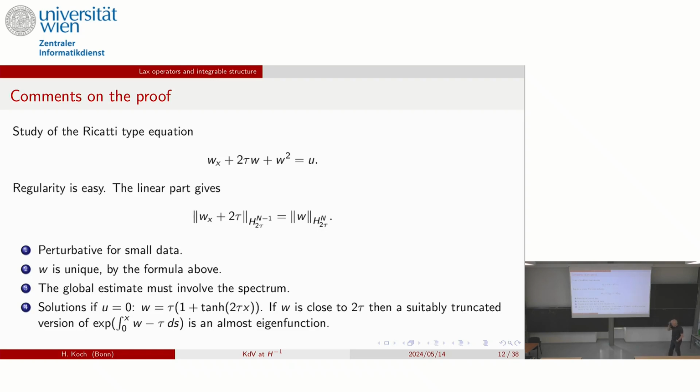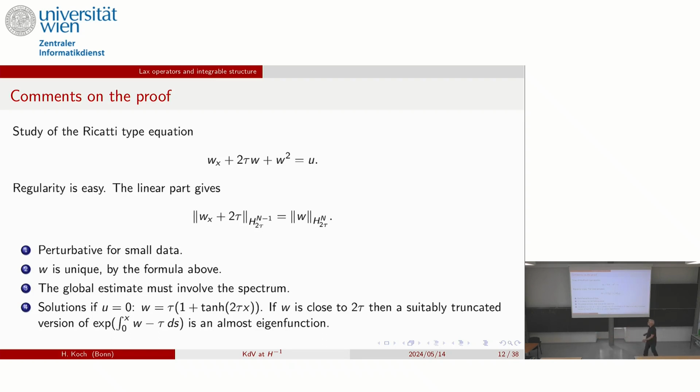And the key observation is, if U is identically 0, then there is a solution which is given essentially by the tangent hyperbolic, suitably normalized. And the tangent hyperbolic goes from 1 plus that, from 0 to tau. Do it right? Minus 2 tau, I have the wrong side. So there are these constants, and this is something which you have to exclude,